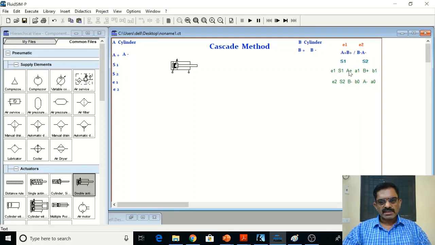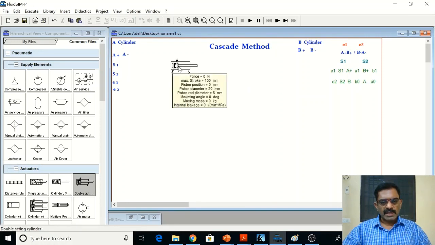A plus is achieved through E1 and S1, and B plus is through A1, and B plus will actuate B1. Smaller case letters are nothing but the roller push button, so we can use a push button operation. In this push button, B1 is the extension position and B0 is the retraction position of the B cylinder. Similarly, for the A cylinder we have A0 and A1. Even if I type smaller case letters in this software, they will appear as uppercase letters. That is another feature of this software.